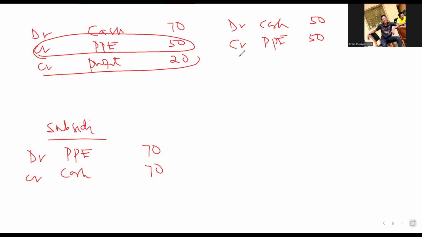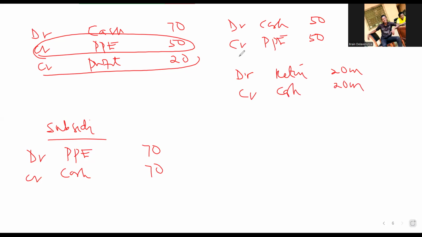But there was additional cash of 20 million and also a profit of 20 million. Please go and remove the profit. So you debit your retained earnings to remove that particular profit of 20 million. Then you can credit cash. But why don't we credit cash? This is the reason that we don't credit the cash.